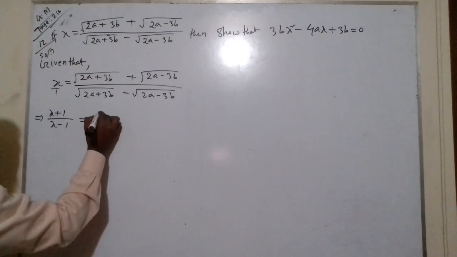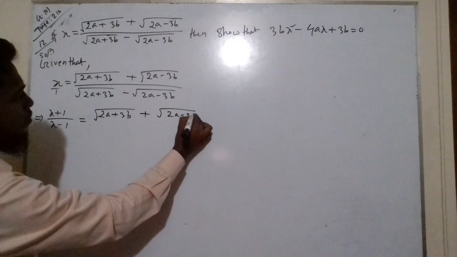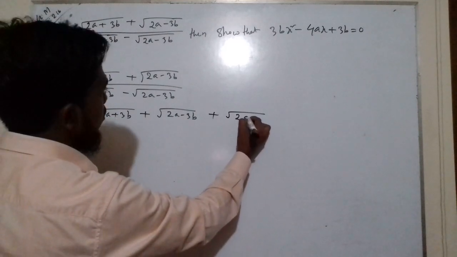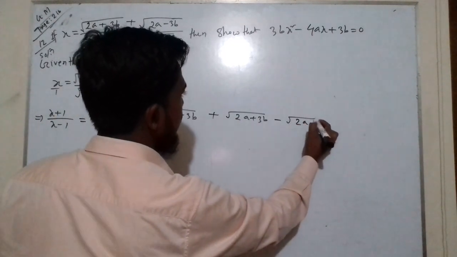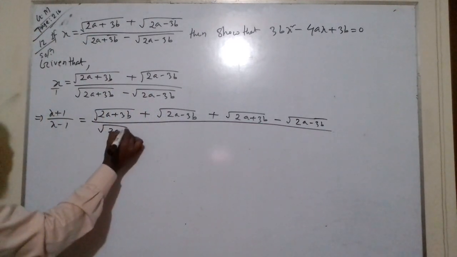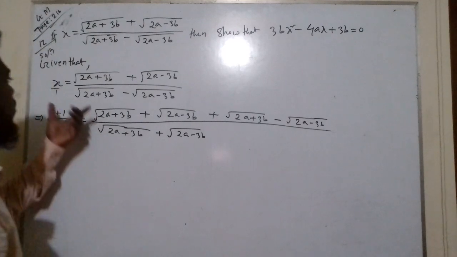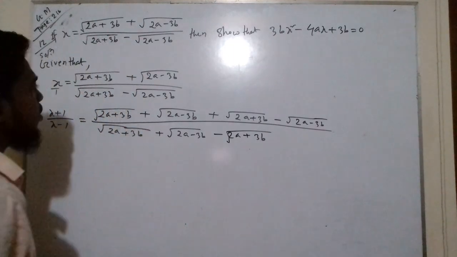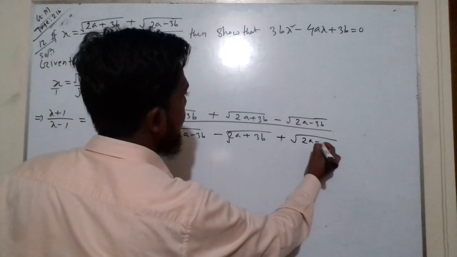This equals numerator plus denominator, root over 2a plus 3b plus root over 2a minus 3b, divided by numerator minus denominator, root over 2a plus 3b plus root over 2a minus 3b minus root over 2a plus 3b, this is minus and minus is plus, so root over 2a minus 3b